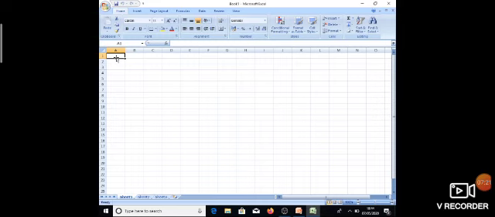Students, keep one thing in your mind. While we are creating a basic formula, you must use only one operator while calculating the result. So before putting in the formula, you must write some data over there. So let us type anything.